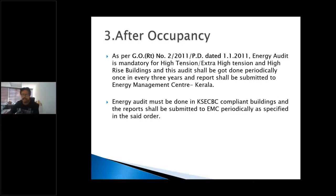People here who have worked on Griha projects must be aware that just after occupancy, the Griha certification is provided, but that is not the main certification. That is the provisional certificate that is provided by Griha. The final certificate of a Griha is provided after 1 year of operation of the building, when you